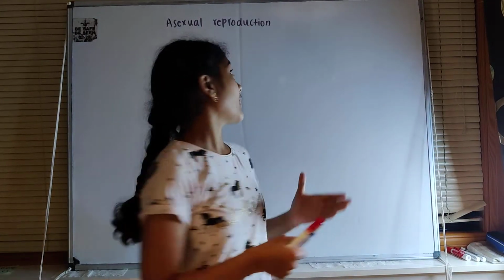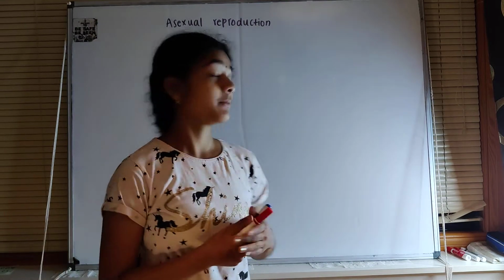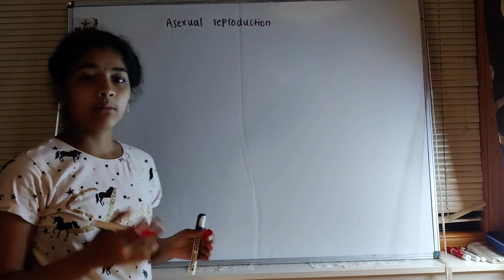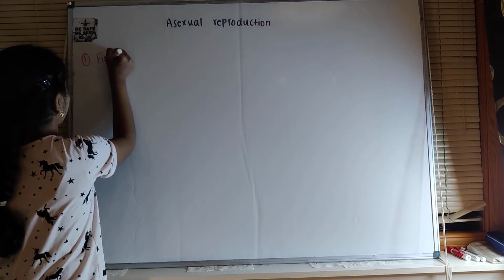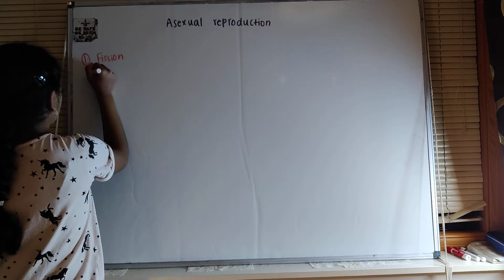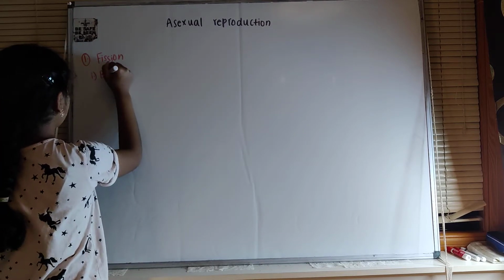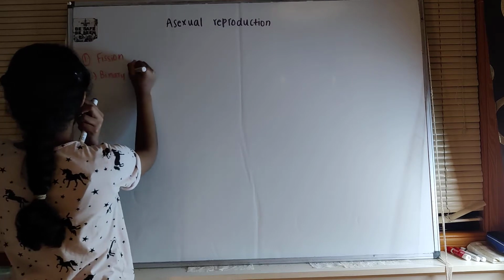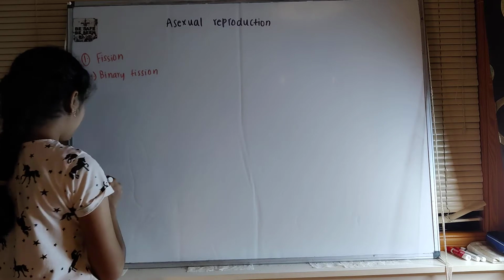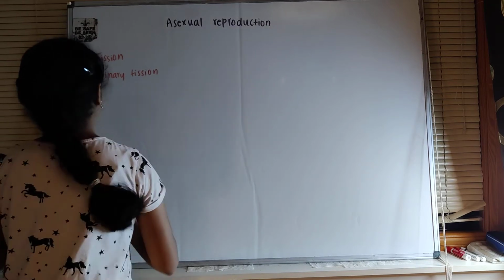In this lesson we're going to talk about asexual reproduction. So, the first type of asexual reproduction is called fission. And we have different types of fission. The first one is called binary fission. And what happens over here is, if there's an